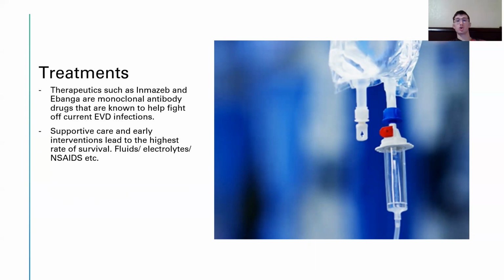Other than that, early intervention is the best way to really ensure survival when it comes to Ebola virus. The most helpful thing is that someone's just got to go through the process. They just have to kick the virus, right? You can give therapeutics, you can give supportive care. That is going to be the best way for someone to survive this virus, is to give them fluids. They're going to go through dry and wet symptoms. Keep them hydrated, keep their electrolytes balanced.